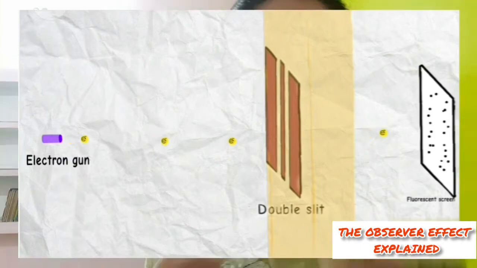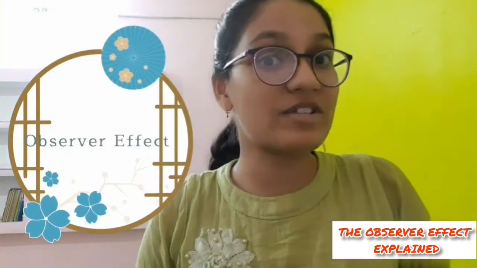But this happens when a wave crosses two slits at once, whereas an electron can go through only one, right? Let's see. Anyways, to know which electron passed which slit, we introduce light. So that when an electron passes a slit, we get a flash. This is the observer effect, which means observer affects reality.